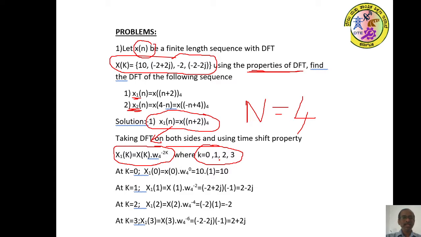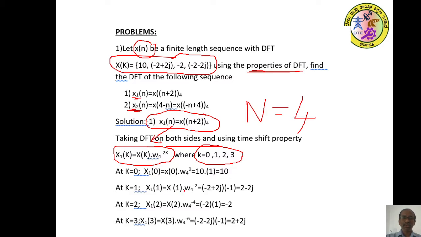Let us put k is equal to 0. At k is equal to 0, x1 of 0 is equal to x of 0 into omega 4 power 0. What is x of 0 given? 10. 10 into, you know that omega 4 power 0 is 1, so 10 into 1 is 10. Let us try at k is equal to 1. At k is equal to 1, our formula becomes x1 of 1 is equal to x of 1 into omega